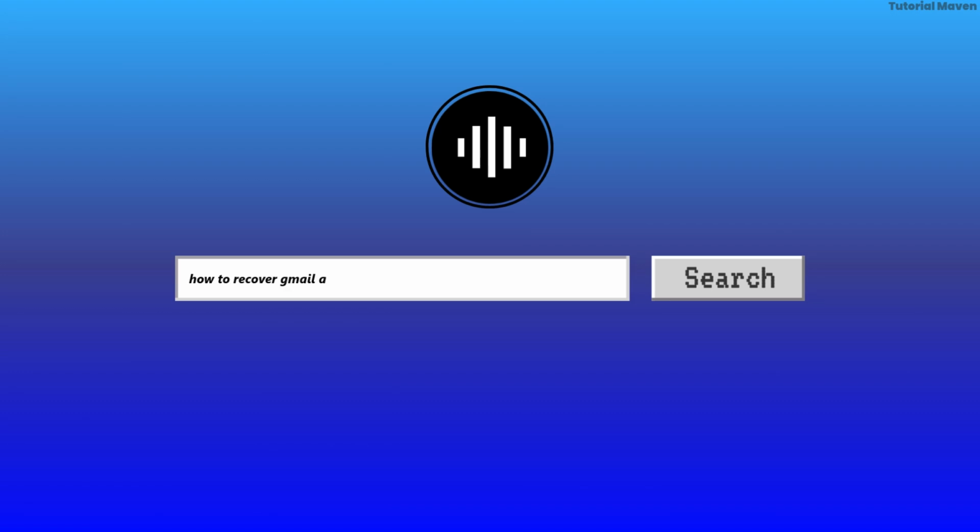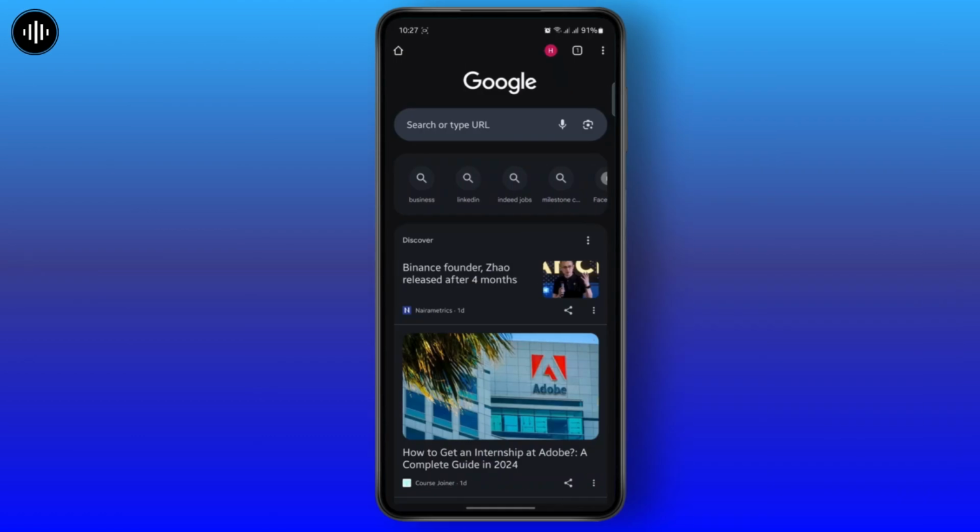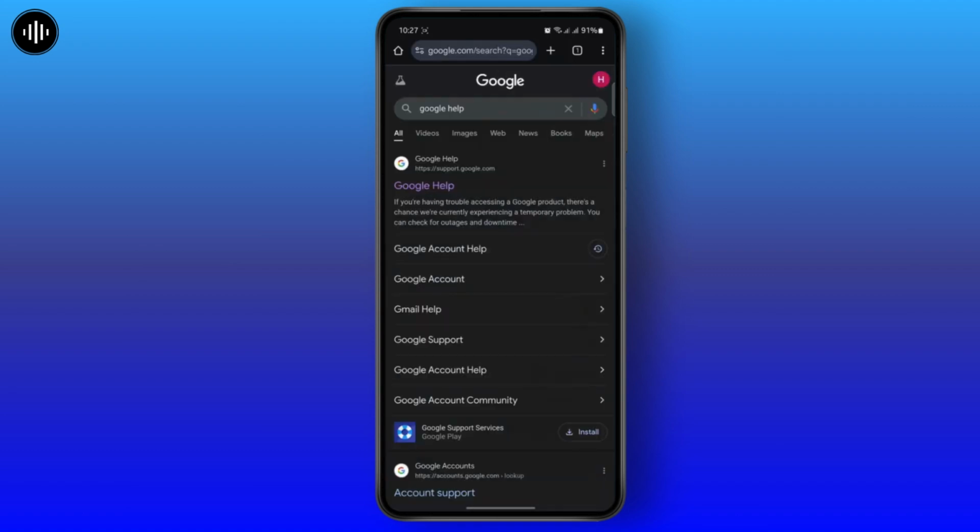How to recover your Gmail account without phone number and recovery email. So the first thing you want to do is open your web browser. This is a last resort if you have lost access to both your phone number and your recovery email, so just watch carefully. Now, once you are on your web browser, search for Google Help, and this link will pop